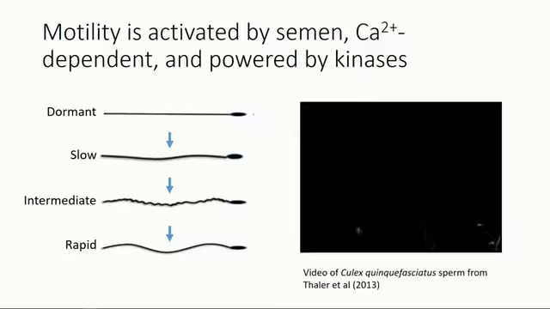They'll undergo a few different sequential progressions through different flagellar waveforms, and ultimately they'll end up in a rapid helical waveform that you should be able to see here. Not really, sorry, this lighting's not very good. You'll have to look at their paper, but this video was by Thaler et al. They did a great job of characterizing sperm motility in vitro.